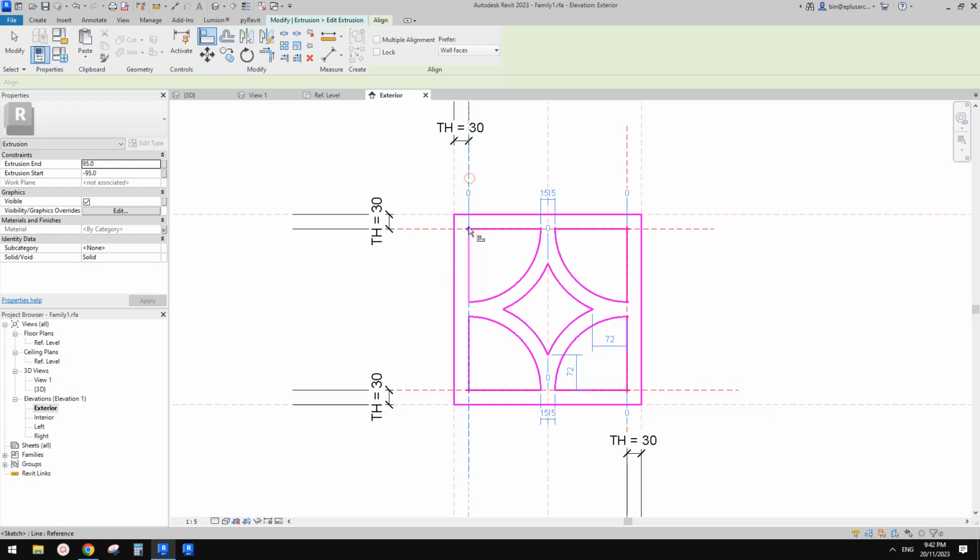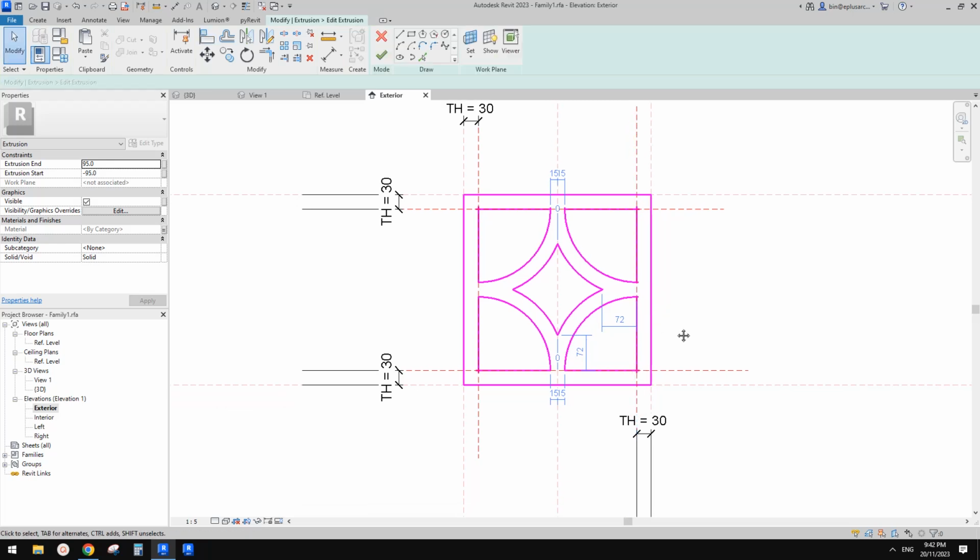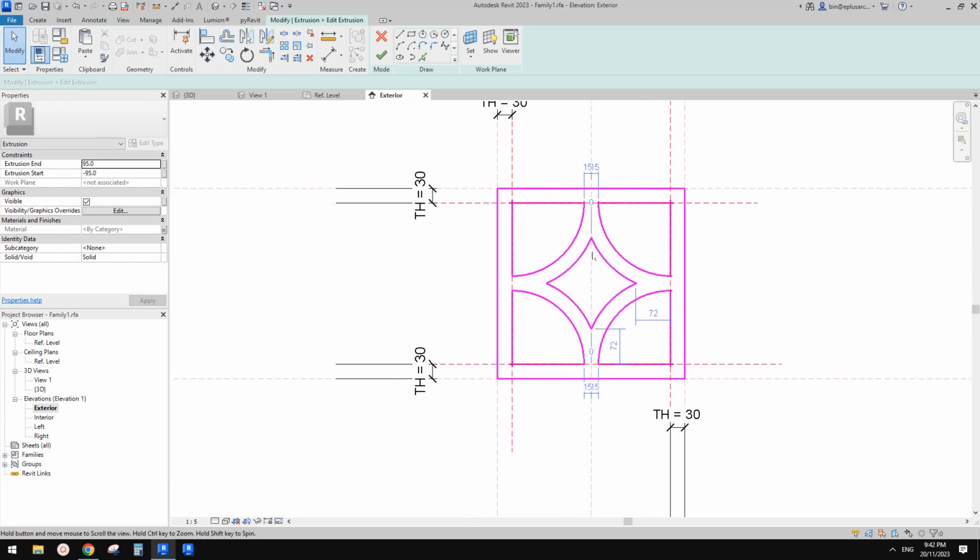2, 3, 4, and also 1, 2, 3, and 4. So now all the center marks are constrained onto these reference planes, and then the next step